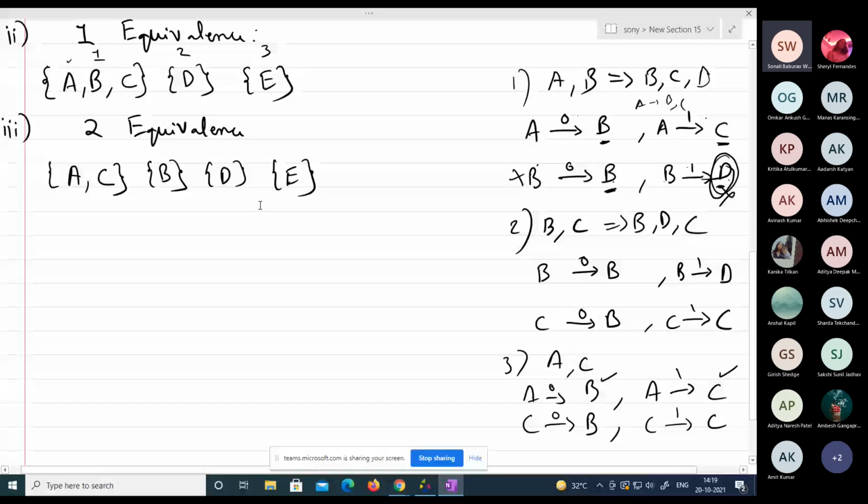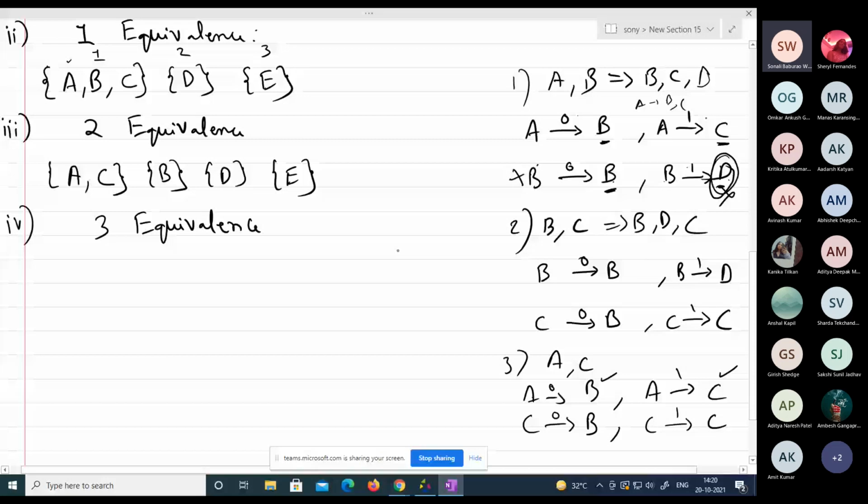Okay. Now the fourth one, I will compute 3 equivalence. Now you will have to understand where to stop. You have to stop somewhere. You cannot just go on and on. Let's see when we have to stop. The main reason to stop is if the values are repeating, if you are getting the same set of states in the next equivalence also, then you have to stop there.